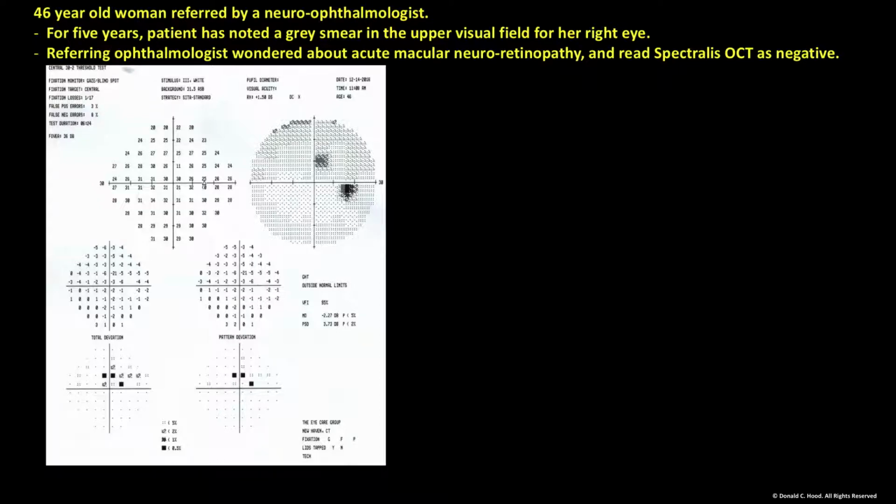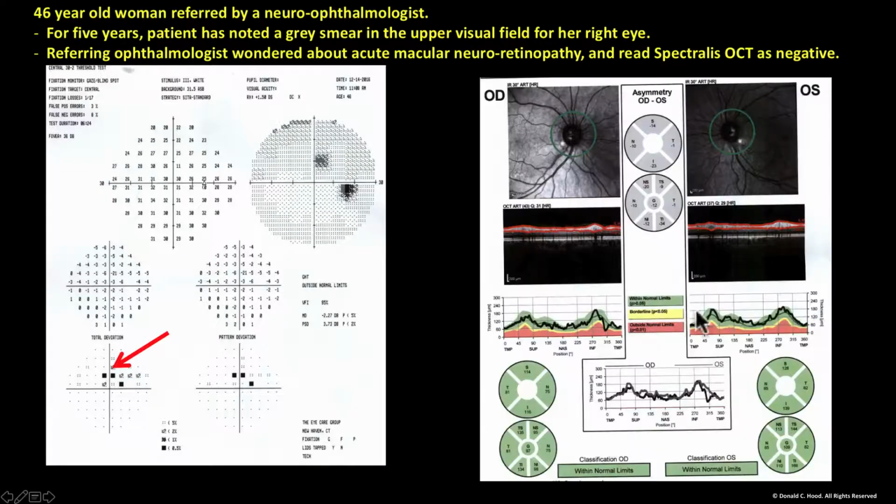All right, let me just illustrate the use of a report like this. This is a 46-year-old woman who was referred to us by a very talented neuro-ophthalmologist whose patients we occasionally test. For 5 years, this patient had noted some kind of a gray smear in the upper visual field for her right eye. The referring ophthalmologist wondered about acute macular neuroretinopathy, but read the SPECTRALIS OCT as negative,